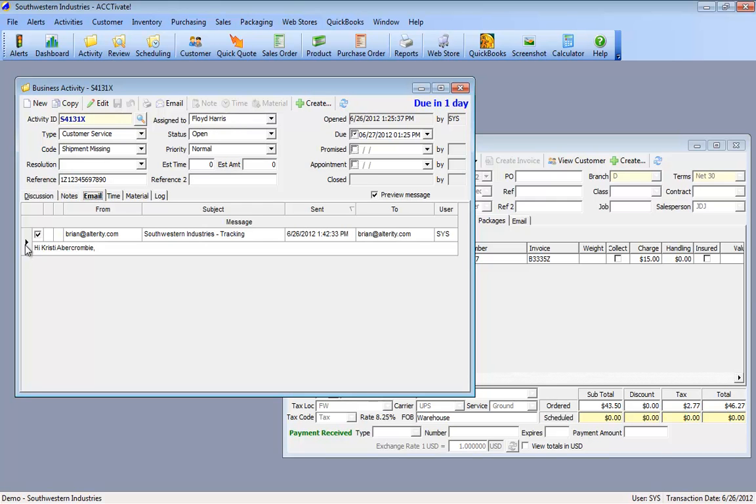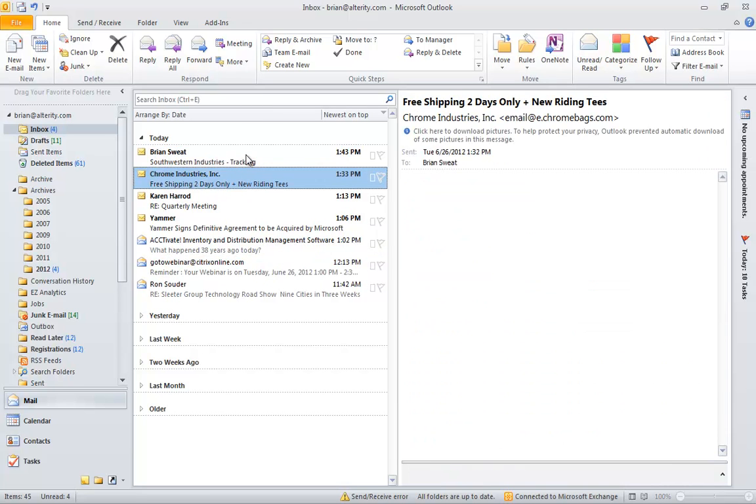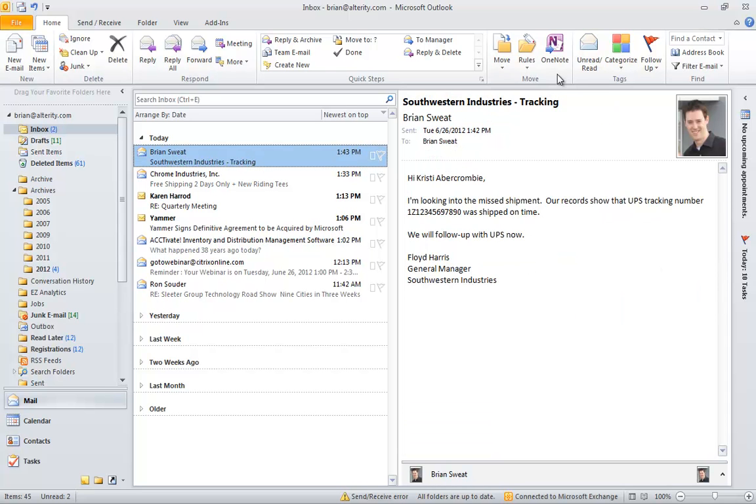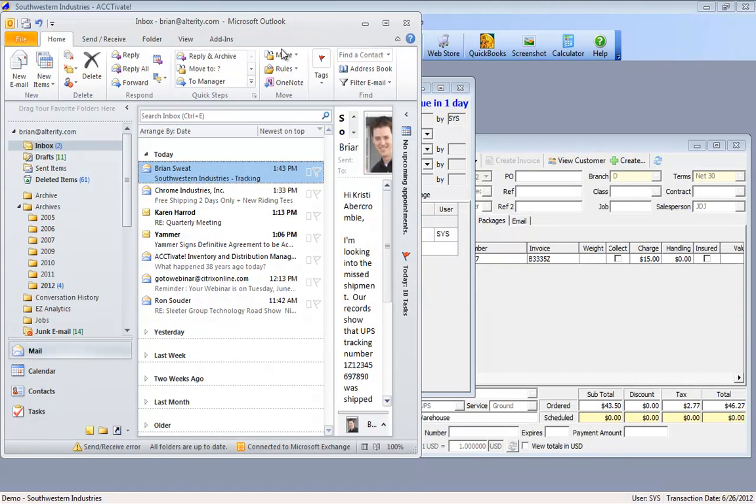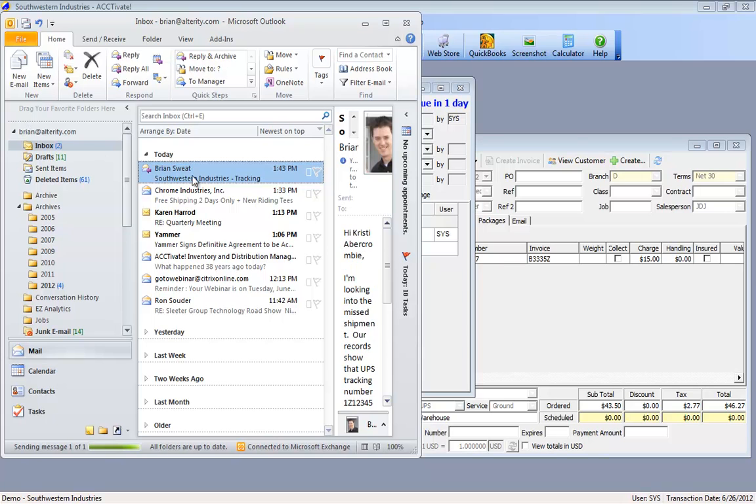Okay, and after that message is sent, you'll see on the email tab, within our database. This is not within Outlook. It's actually in both. It will be in Outlook, and it will also be within ACCTivate. So let me switch to Outlook real quick, and we will just make a response here. Okay, so this is from myself, but let's say that we got a reply from Christy. Just a real simple email. So as that message appears,